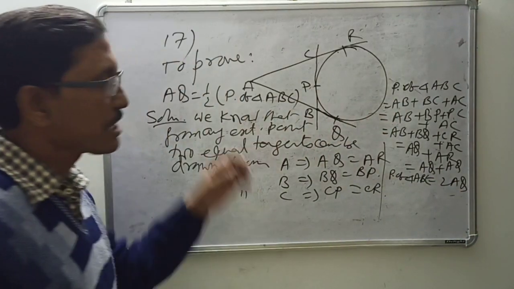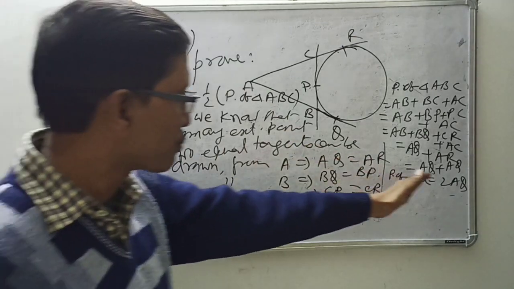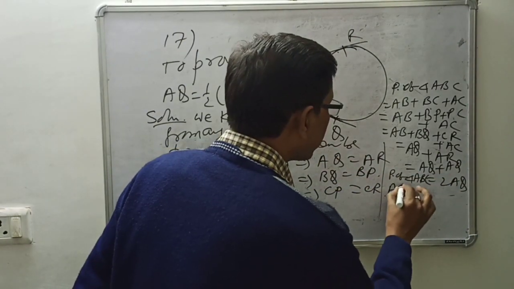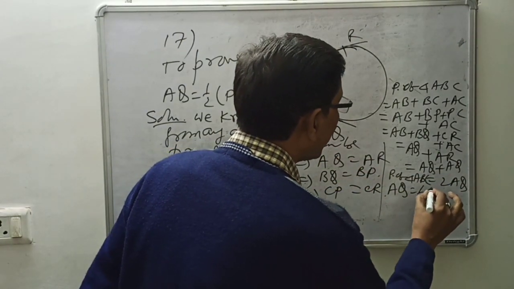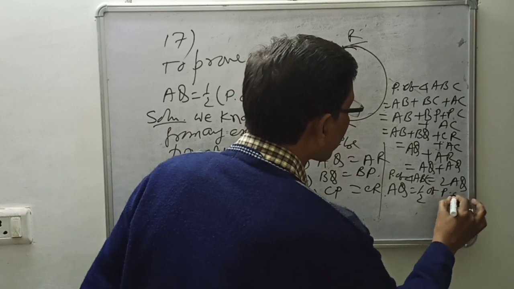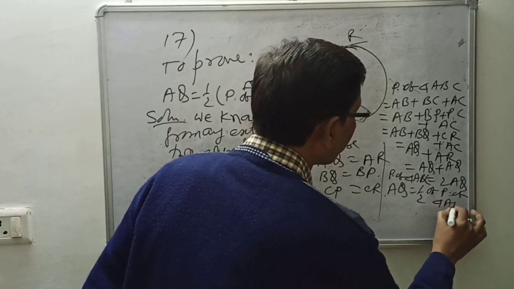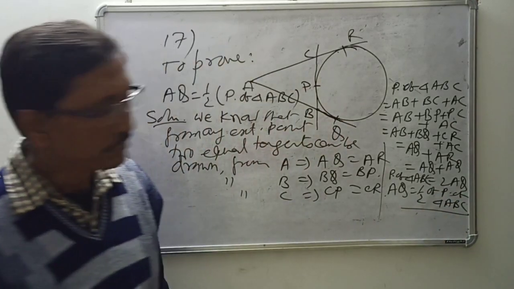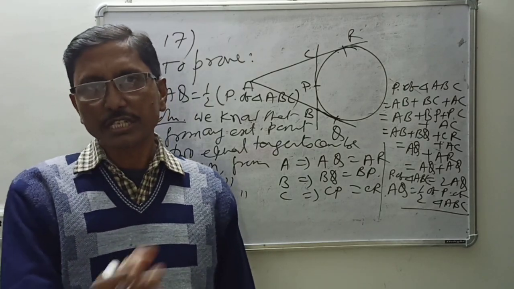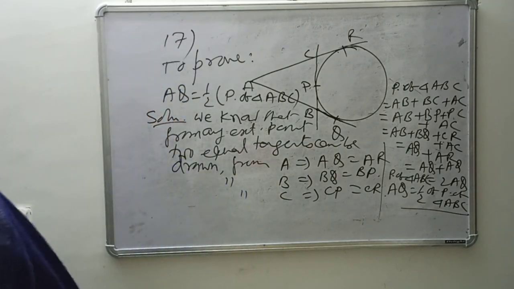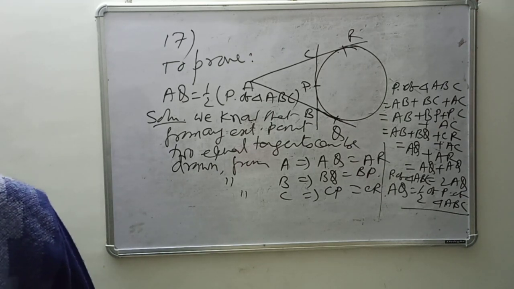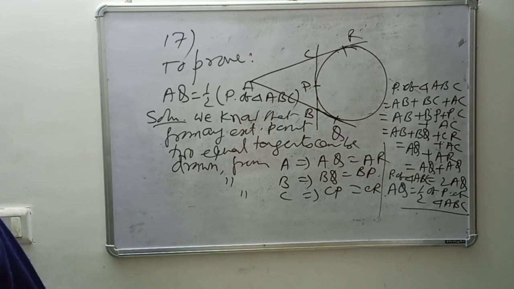So since the perimeter of the triangle ABC is equal to 2AQ, or you can say AQ is equal to half of the perimeter of triangle ABC. Hence proved. This one also you got, that question has come various times in the board exam. Repeatedly it has come. Similarly, this type of property is used.